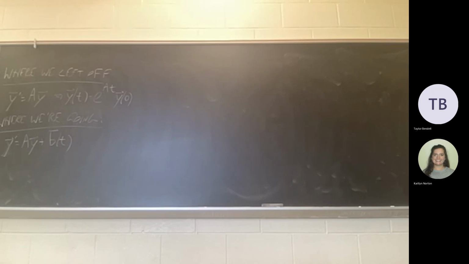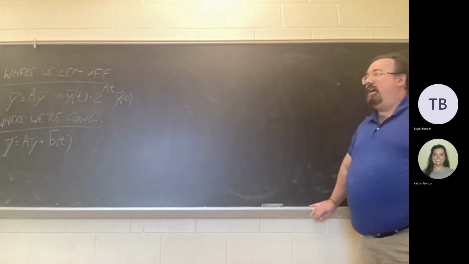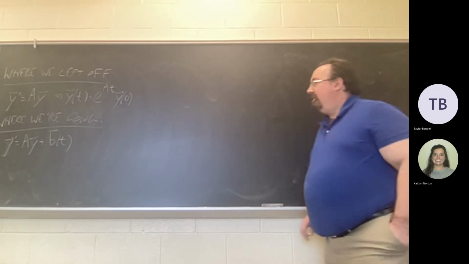And actually, that was handled completely, I believe, in the case of A being diagonalizable. And I'm trying to remember how fully I addressed the case of A being non-diagonalizable, but